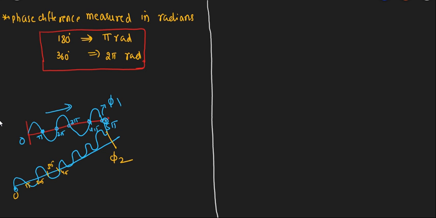Like this, the two light waves: the first light wave has the phase angle phi 1, and the second light ray has the phase angle phi 2 at a particular point. After reaching this point, the difference in the phase angles, that is phi 2 minus phi 1, is called the phase difference. Okay, right. And now let us see